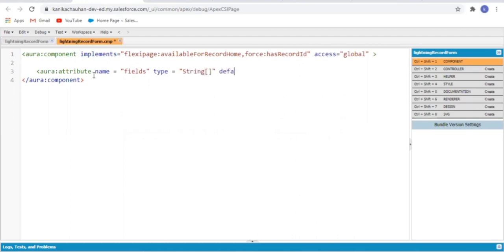In default I'm going to provide the field values which I want to be displayed on my record form component. These are first name, last name, email and title, and these fields will be displayed in the same order we list them here.